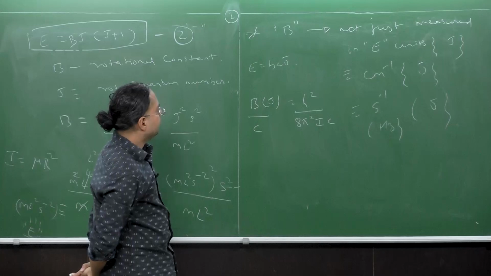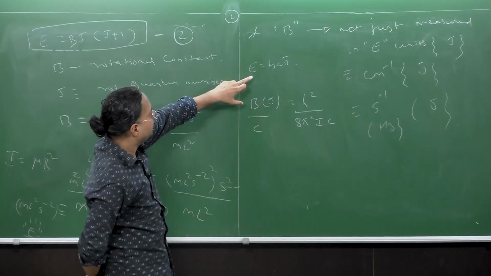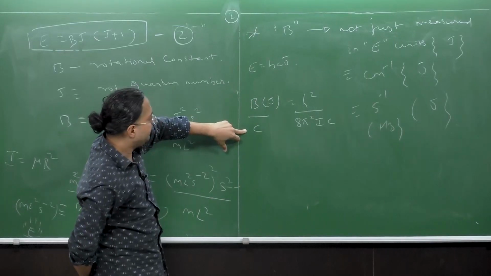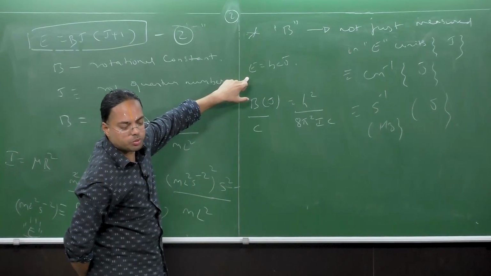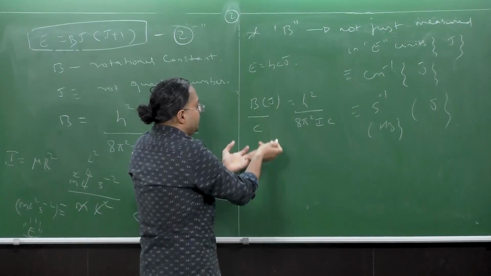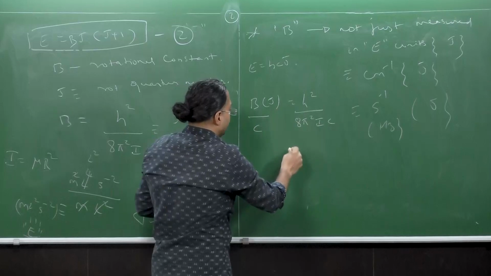So if you're dividing both sides by c, what's going to be noticed here? If you take the RHS unit,